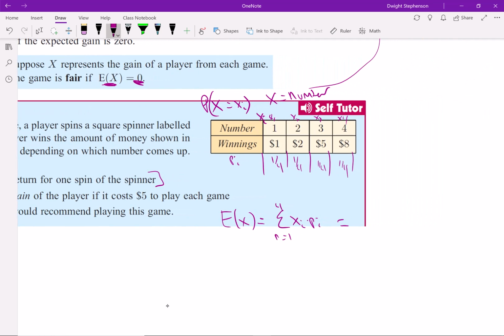So in this case, that's going to be 1 times 1 plus 2 times 2 plus 3 times 5 plus 4 times 8. This is one way to do it, and then I would divide all this by